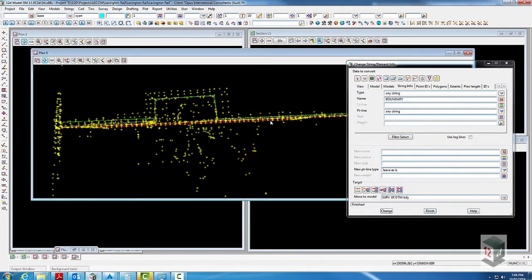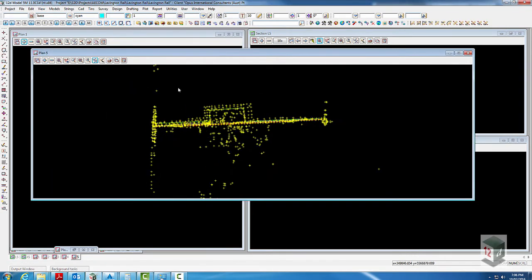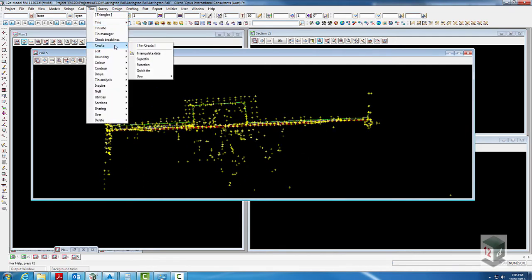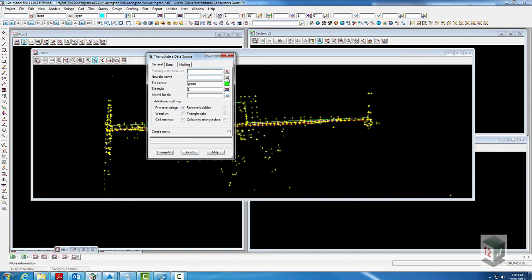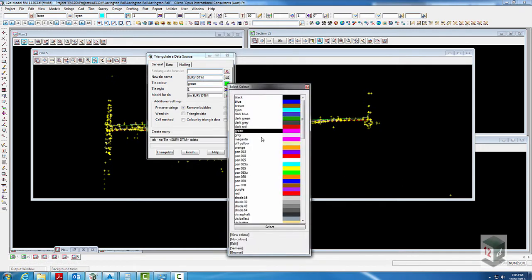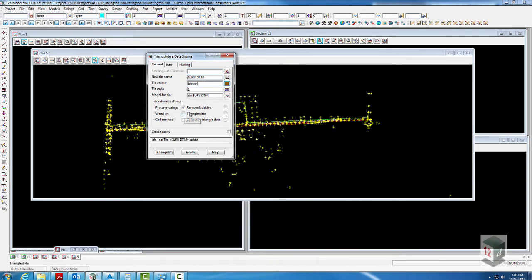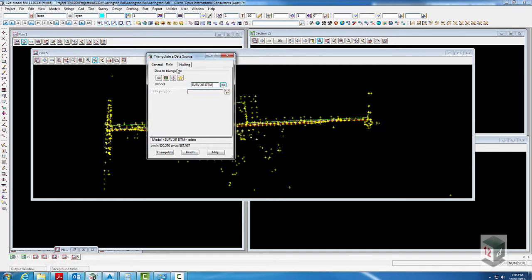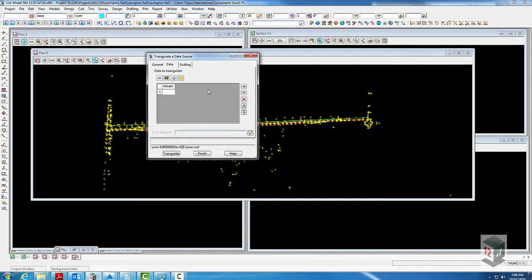I'll use that later. So this rail project is a brownfields project. I'm basically building a track duplication next to the main line, and I've got two bits of survey data for this project. One's a field pickup from a surveyor, and the second one's a LiDAR pass. And I'm going to use this one here,